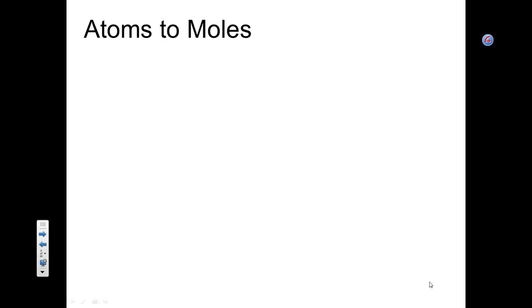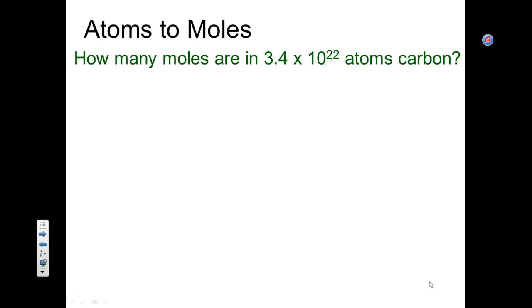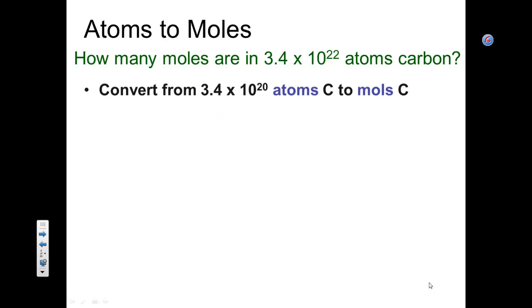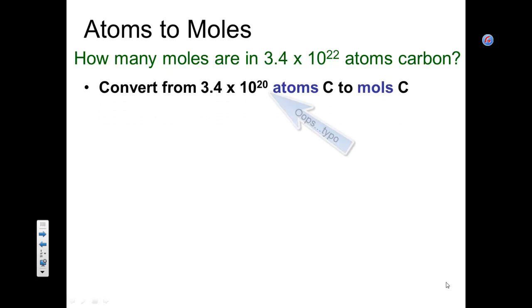Now let's try converting atoms to moles. Here's another problem. How many moles are in 3.4 times 10 to the 22 atoms of carbon? In this case, again, I want to look at what I'm converting from and to. I'm converting from atoms to moles, so I need to know the atom to mole ratio,